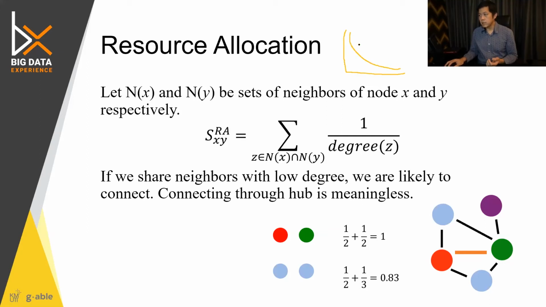Because here, the growth of the value in this direction would be in exponential terms. That is, if you have a few nodes with a very large value, then the degree itself would make the contribution here almost zero. And it's kind of unfair because you are giving the node with low connection more chance to connect than the node with high connection. So to address that,